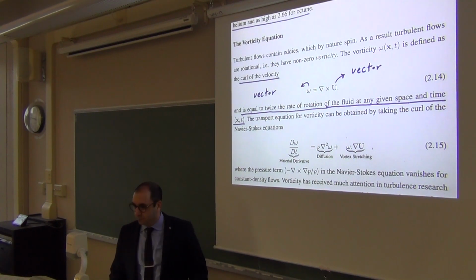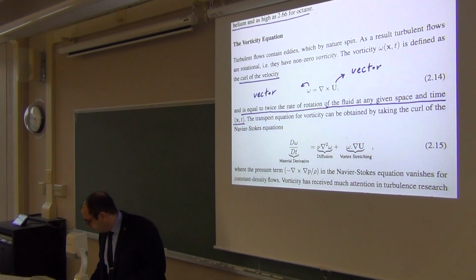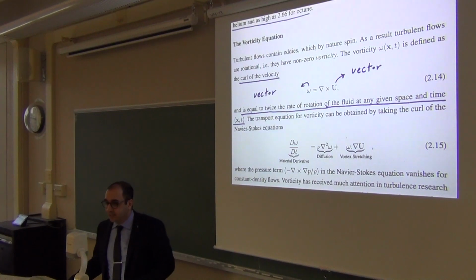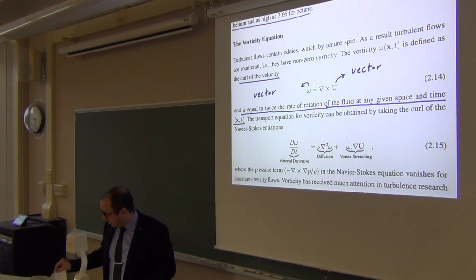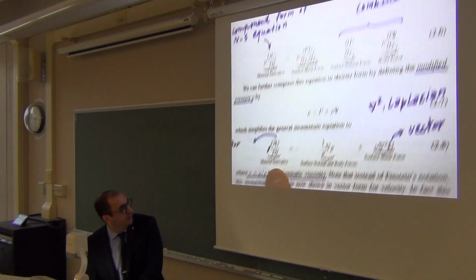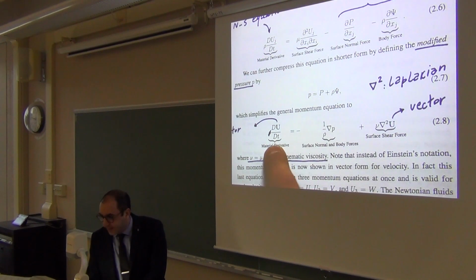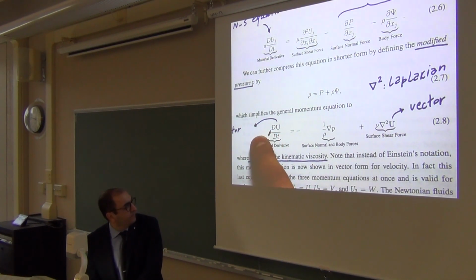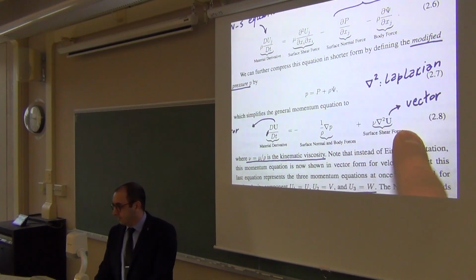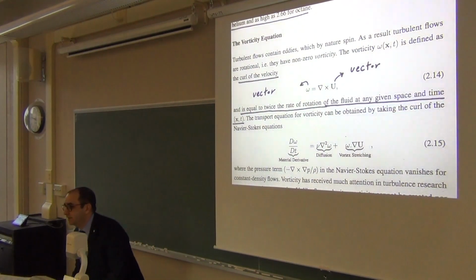But if you start with the Navier-Stokes equation for momentum and you take the curl of it, you will get to this point. I'm saying if you take the curl of this equation, this was the momentum equation, you have a nabla cross the left hand side equal to nabla cross the right hand side. It's just a calculus exercise. You can do it if you want to. Then you get